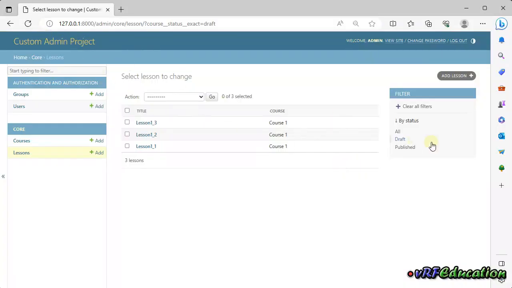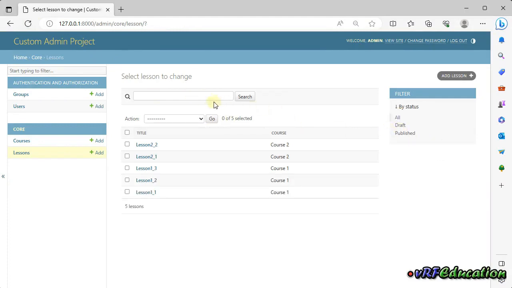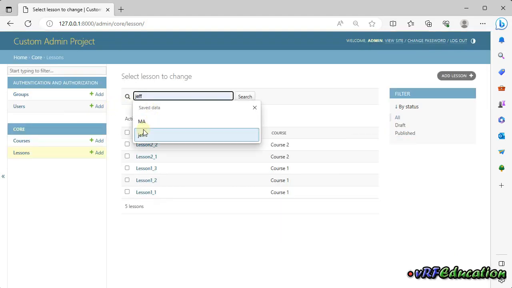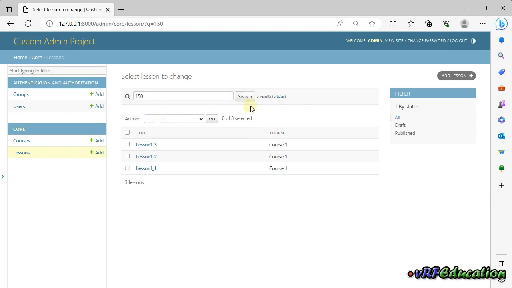And let's see what we have. So here we have our search area and course one, price equal to 150, and this one equals to 250, and I'm looking for the lessons for the course that its price equal to 150. If I press search we have only 3 lessons, and if I change it for example to